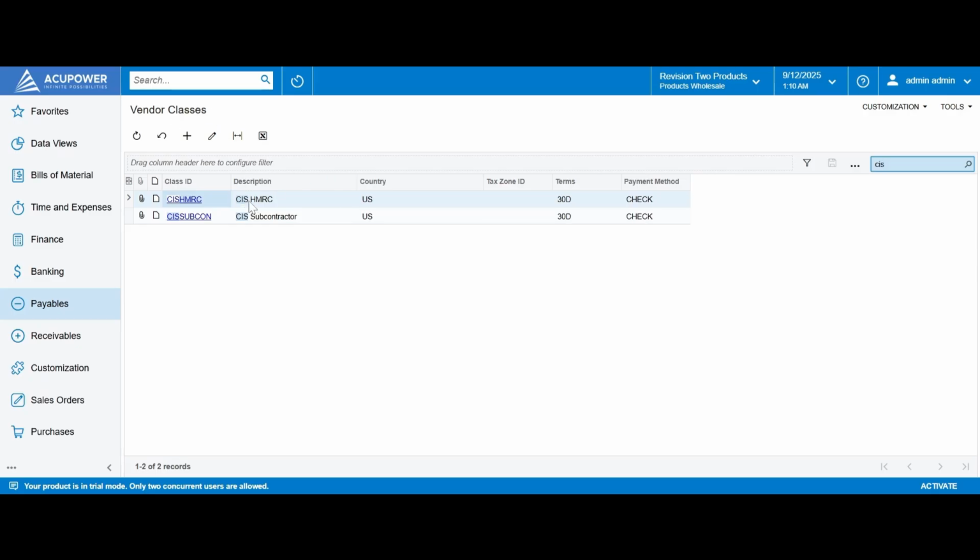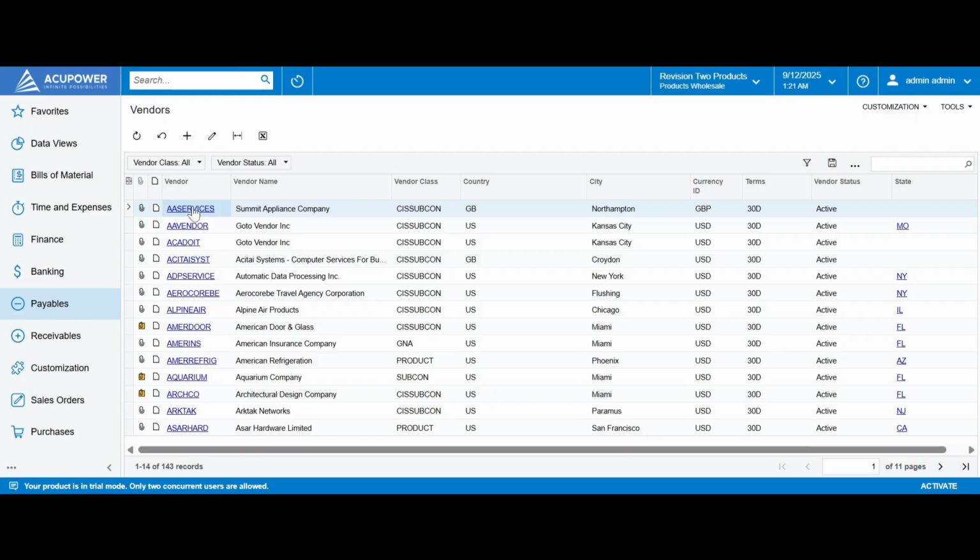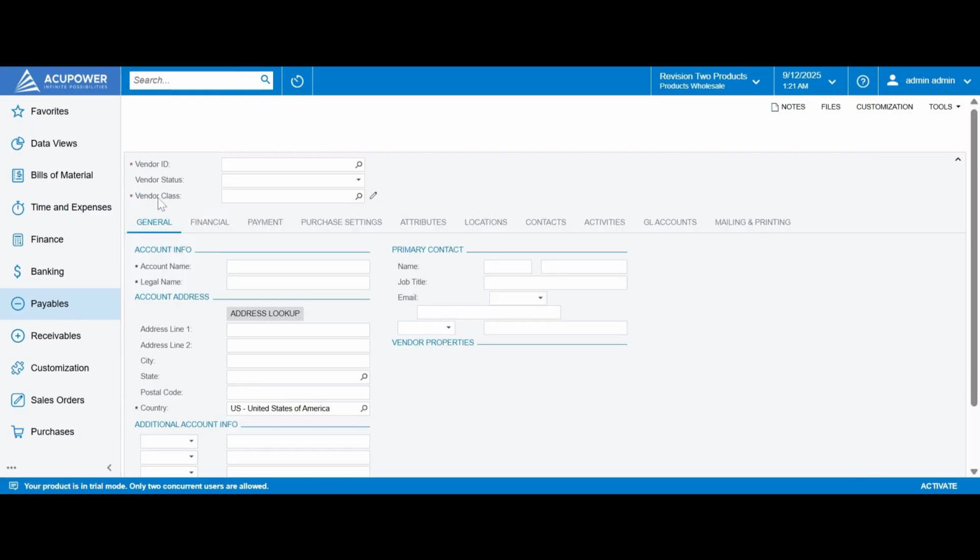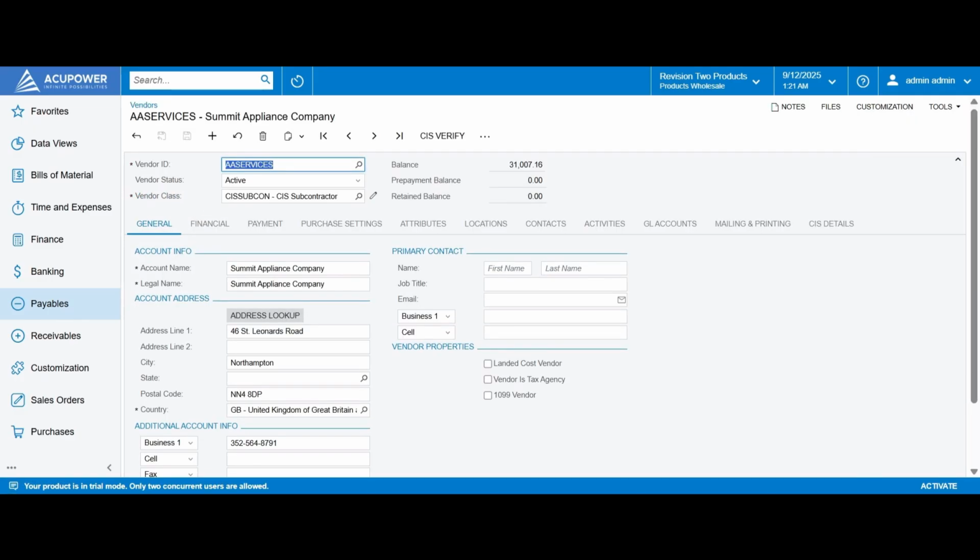There is a vendor class created for HMRC as well, just for the use of the HMRC vendor. In order to distinguish a regular vendor from a subcontractor, we need to assign this vendor class on our vendor. So in vendor class, we provide subcontractor to identify that this vendor is actually a subcontractor. The rest of the information remains the same, except that when our vendor is a subcontractor, we have a CIS